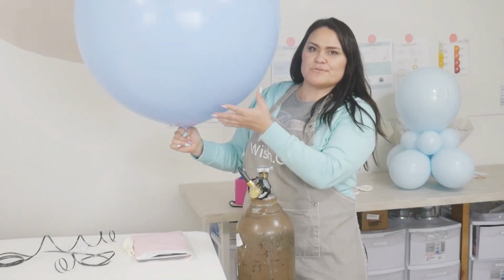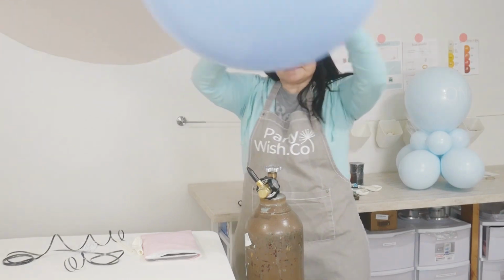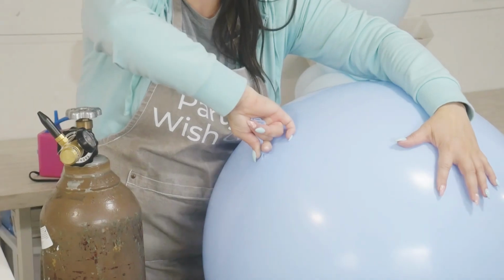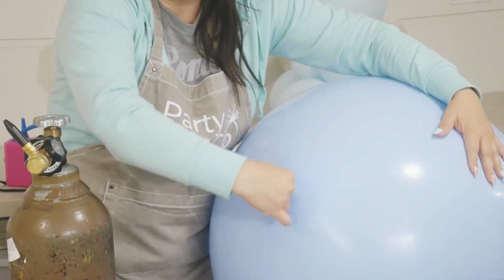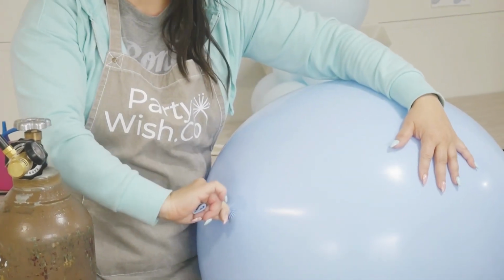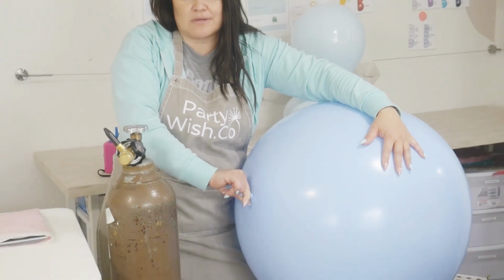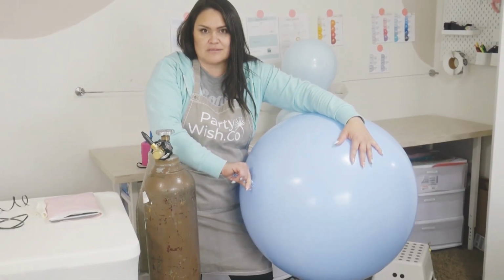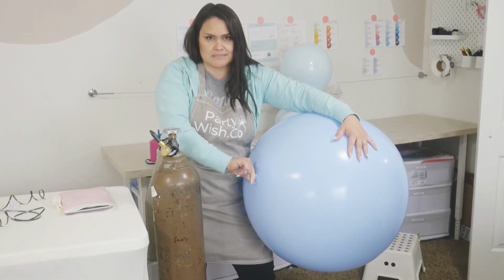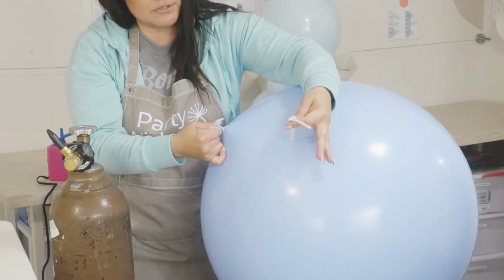Okay, I think this is about the right size. I'm going to go ahead and tie it. To tie it, you're going to want to twist the neck of the balloon at least 3 times. So 1, 2, 3. The reason for that is you don't want any leaks, because if your balloon leaks by the time it's time for your party, it'll be really small. So we want to make sure and really secure this balloon tight before we tie it, so we make sure the air stays in. Now I'm going to take my balloon tie